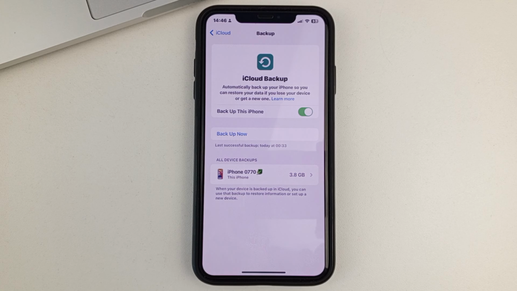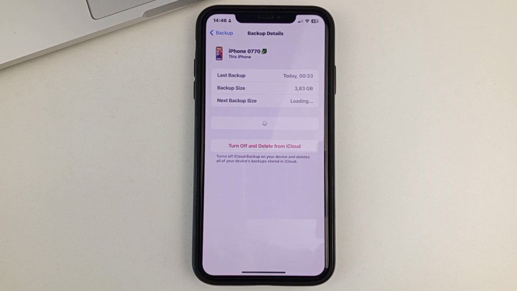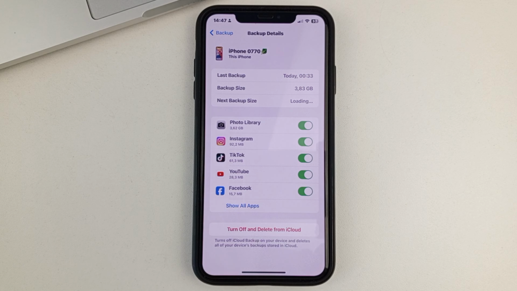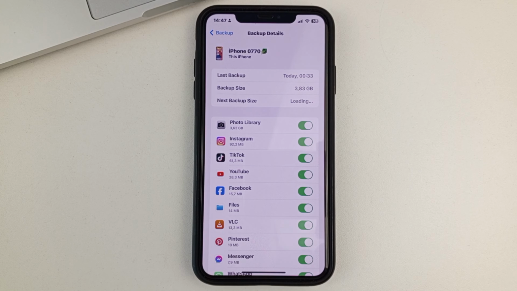And this is where you will need to wait for a while until everything loads. Once everything is loaded, you will need to go to your iPhone. Here also the download may take some time because all the data of all the apps may be downloading. It depends on how much memory you have. As I have almost 4 gigabytes downloaded, it's not much. I have everything downloading quickly. If you have a lot more memory taken up, then it will naturally take longer to load as well.